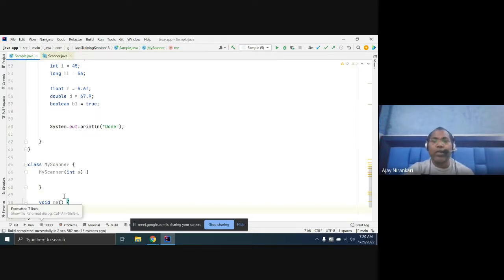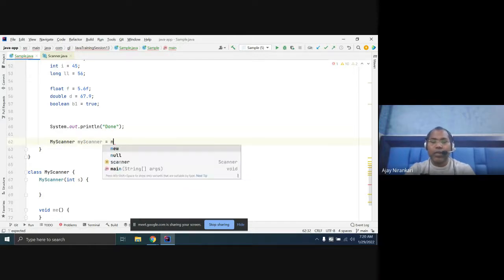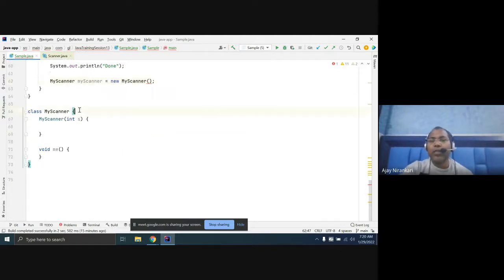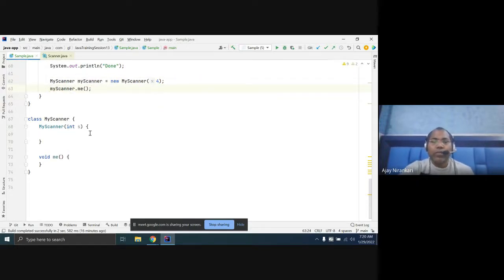So in this class you can do only two things: create a MyScanner object with only one input, and you cannot create it any other way because my class does not offer anything else. You can only create the object by passing some number. For methods, you can invoke only the one function, because we have defined only one method. You cannot do anything other.